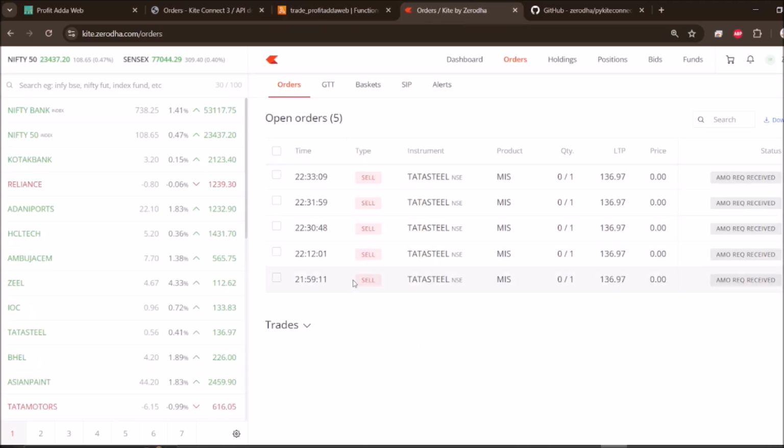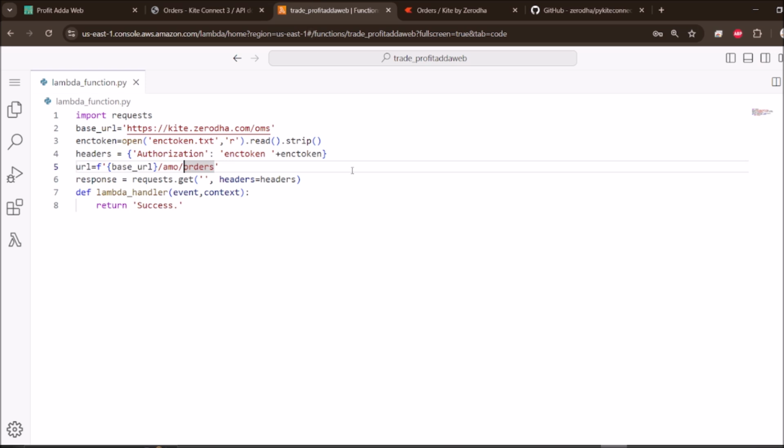So this is the presentation which I'm going through. I'm going to show you the orders. This is all the previous orders. I'm going to show you new orders triggering from AWS Lambda. Right now we got our base URL, and I mean base URL, not the full URL. And then this URL is followed by